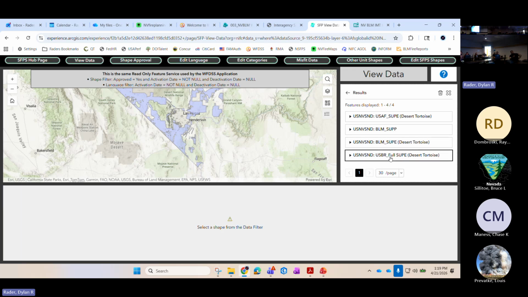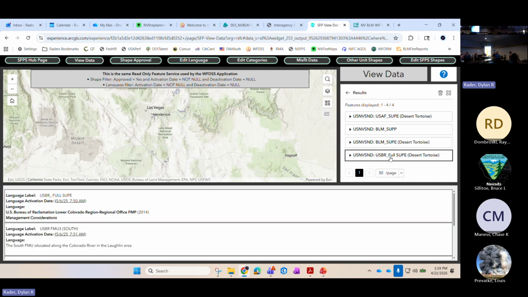All right, so how about this USBR, Kate? It looks like it's probably related to the Bureau of Reclamation, their FMP. These are the management considerations: washes, roads, and other natural features will be utilized when possible for fire lines. Burnout operations will be conducted to burn the least acreage possible and only what is necessary to establish a safe containment control line. Unburned islands will not be intentionally burned unless they pose a risk to control. So that's language specific to their